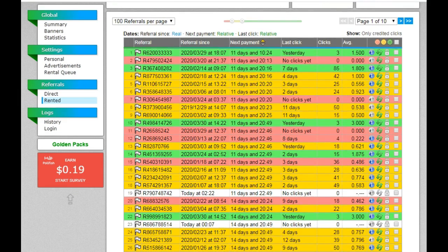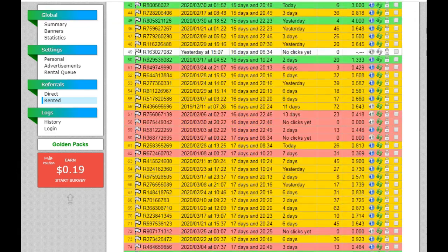So to do that, what I need to do is called extending. So I'm extending the rented referral time. I currently have 11 days available for that space until it expires. So all I need to do is click on it, and you can see a little tick appears there. If I go down to the bottom,